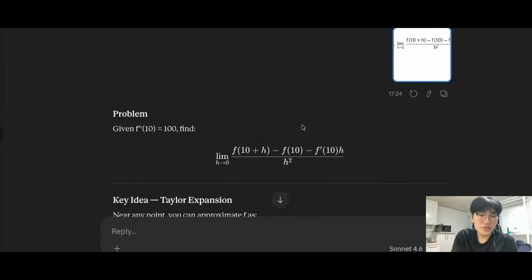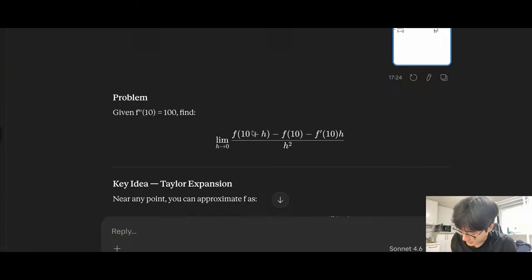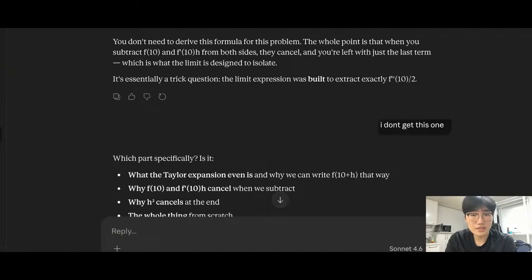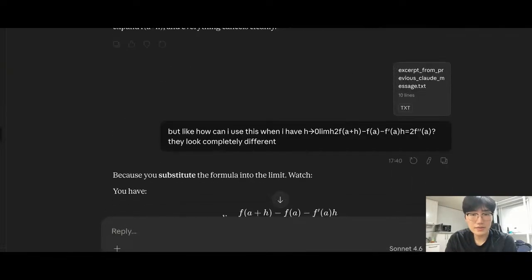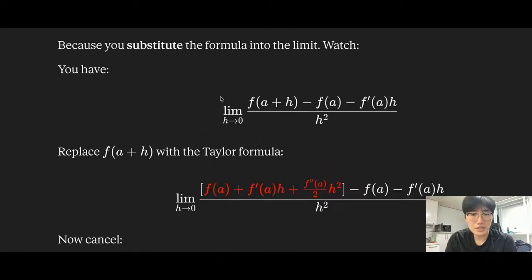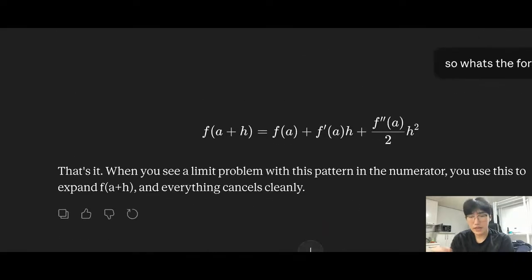So you gotta know that whenever you see f of a value plus, what was it again? F of, yeah, this one. So f of whatever the value comes, x plus y, let's say, it's equal to f(a)